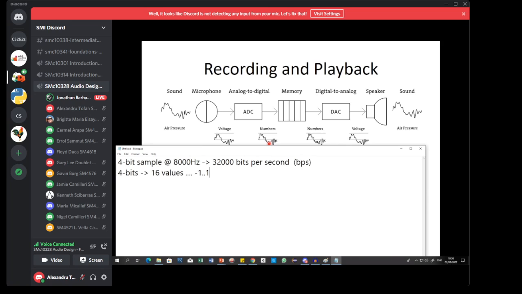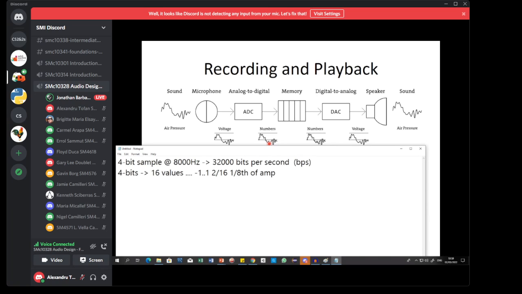So those 16 values mean my precision is: from -1 to 1 is a total of 2, divided by 16. We are dividing that range of 2 over 16 possible measurements. So the detail there is 1/8